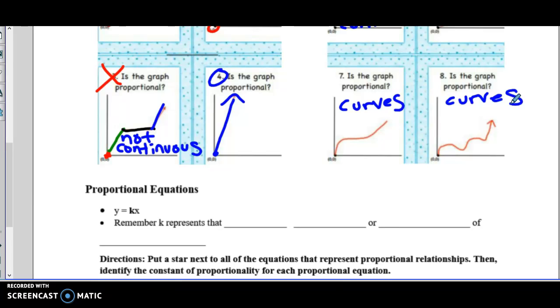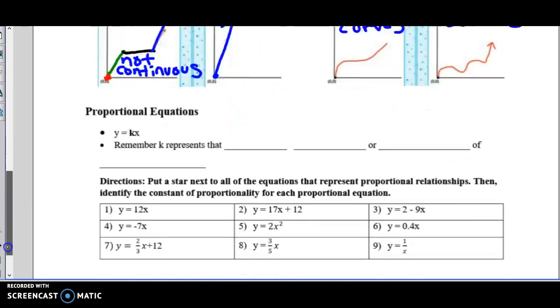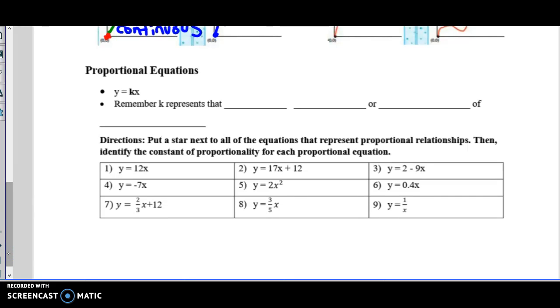Now let's look at proportional equations. When you take higher level math, you'll learn all these different types of graphs. We have some graphs that are linear functions. We have what are called quadratic functions, and a couple other functions that you'll learn about in further math classes. But in 7th grade math, we're just going to focus on proportional